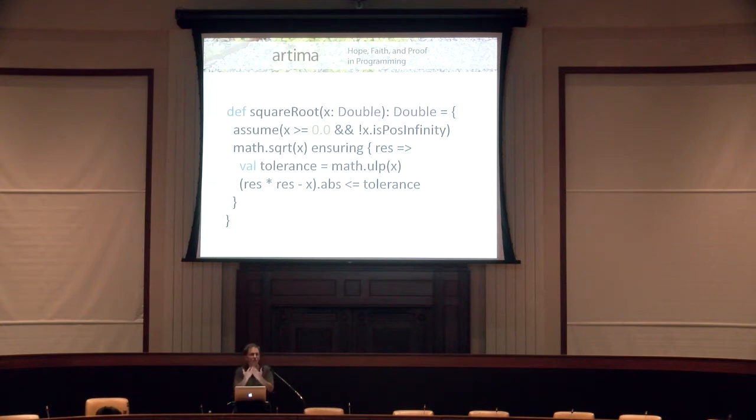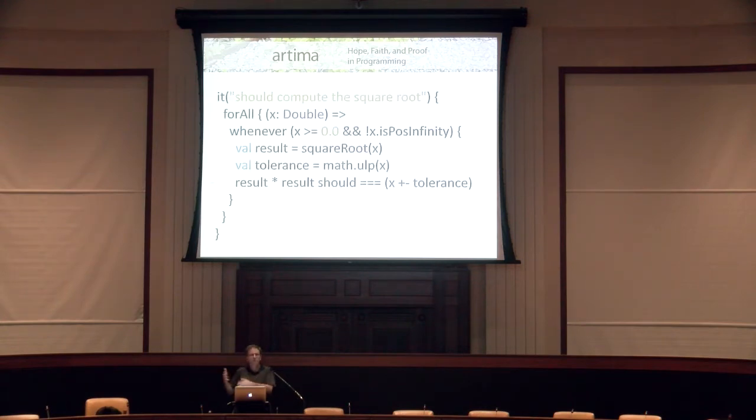So that's sort of for all x's that can be passed in. This says that implicitly, but in a test, you actually have to say for all, right? And it's not going to test every double because that's too large a space, but it is saying that. So that kind of does the same kind of specification. And what we have to do in that case is repeat the precondition check in that whenever clause.